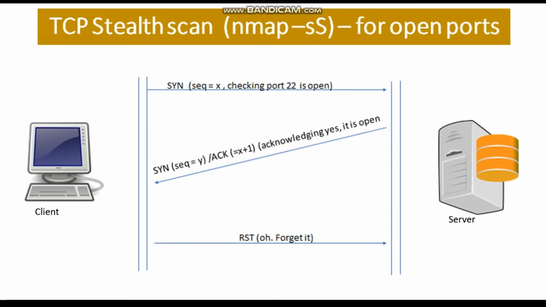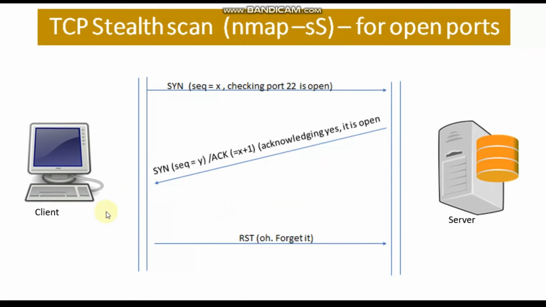In such situations, the client sends a SYN flag to the server as a normal connection. So the server also thinks that this is a normal connection. As an example, say the client wants to check whether port 22 is open at the server. The server thinks this is a normal situation, so the server acknowledges this SYN flag with the acknowledgement number X plus 1. That is, the server says that port 22 is open. And the server also sends a SYN flag with the sequence number Y to the client, thinking that the client would